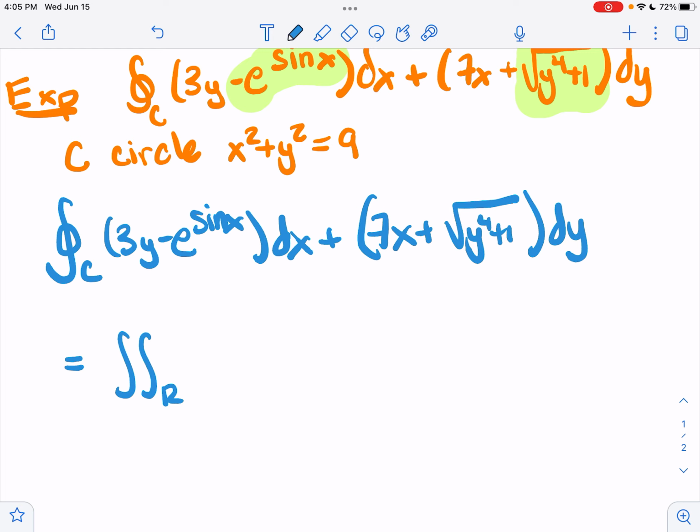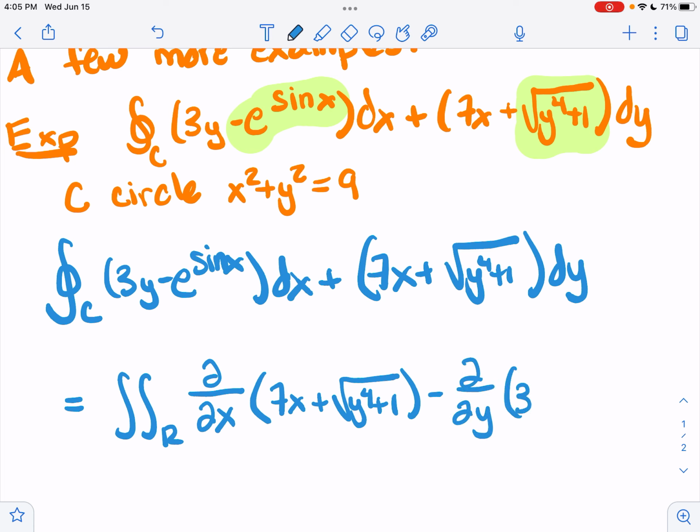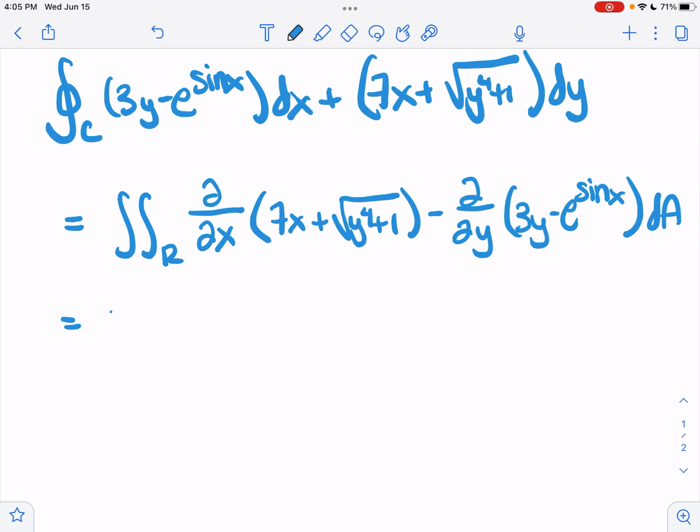the double integral will be over the curl of our vector field, right? So that is going to be the x derivative of the y component minus the y derivative of the x component dA. And what's really nice in this case is that, as before, the